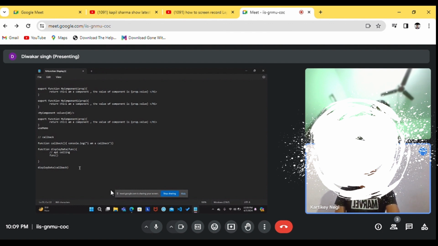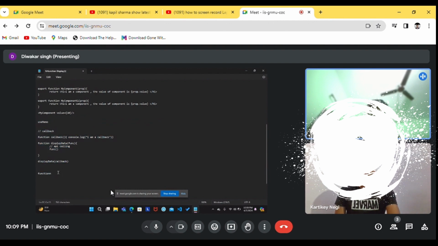Okay, yes. In React, if you talk about inline, I can just create a function. If I talk about an inline expression, it is basically an if-else condition, a single-line if-else condition, or we also call it the ternary operator. So as we are passing a prop, I can just remove this and create one.